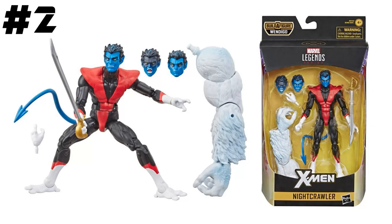Typically a figure like this, because he's so popular, they wouldn't give him a Build-A-Figure piece, similar to what they did with Gambit from the Caliban series as well. But no, you still get a Build-A-Figure piece with him, which is pretty great. I don't have this figure on pre-order yet, but I do plan to pre-order it as soon as I have got the time. So now, before I show off my number 1 choice, I do have some honorable mentions, and